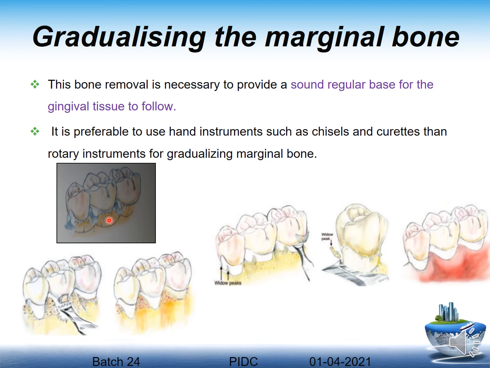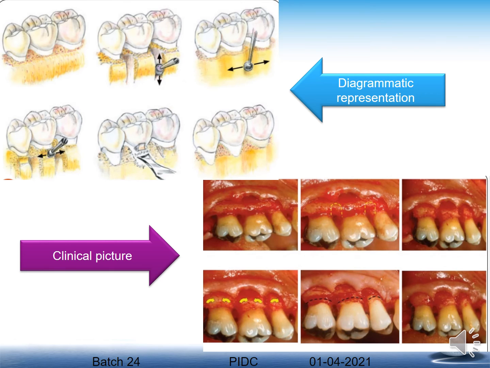like this. So those bones are removed with the help of chisels. I am taking this off so that I am getting the normal contour where the interdental bone is up coronal to the radicular bone. So these small areas where the bones are left out are called window peaks. That also can be removed with a chisel, and the flap is adapted back. So the diagrammatic representation of the four procedures.